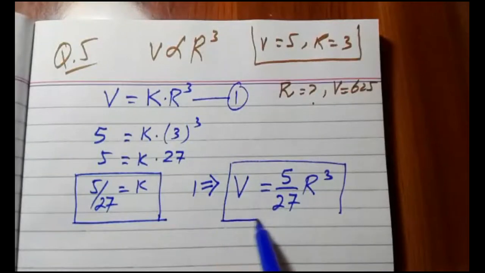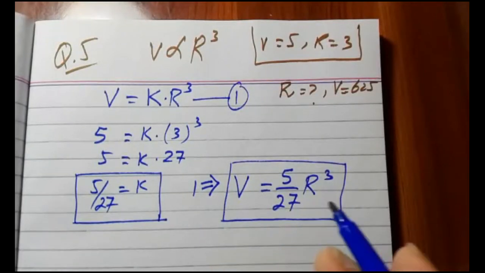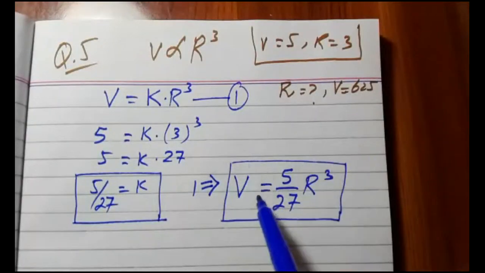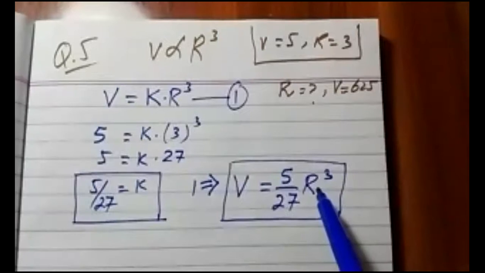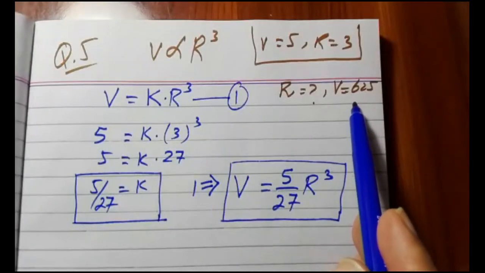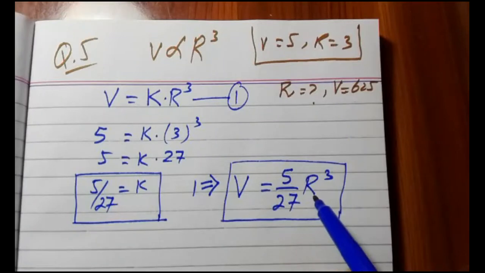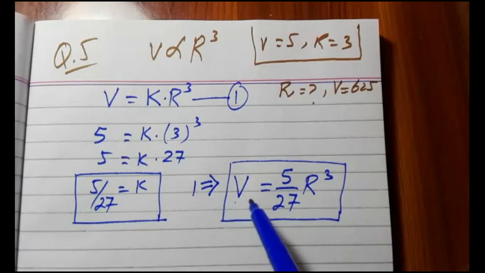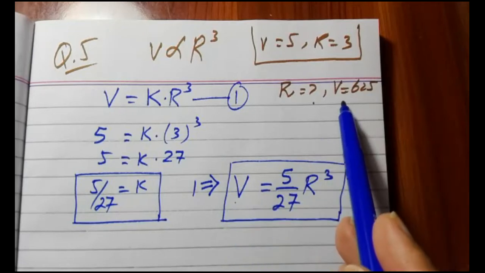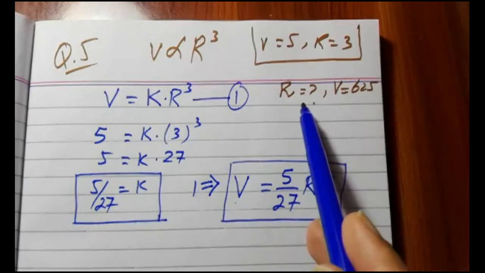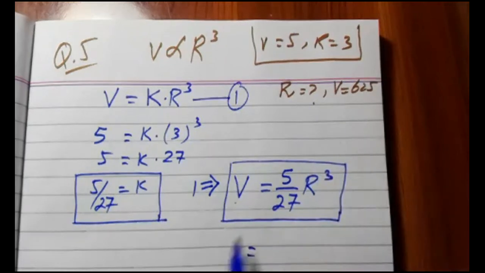Now the different parts will be required once you have connected the formula in terms of v and r according to the given condition. Either they will ask to find the value of r when a value of v is given, or they provide us a value of r and ask to find the value of v. Anything can be asked. So for this part we are provided v is equal to 6 to 5 and we solve for r. So we will substitute 6 to 5 right here.